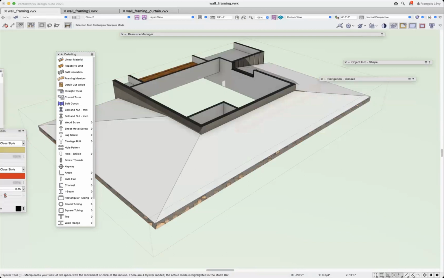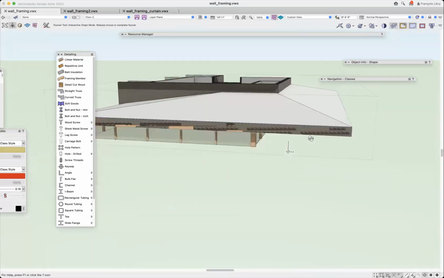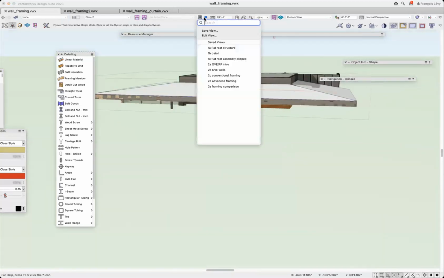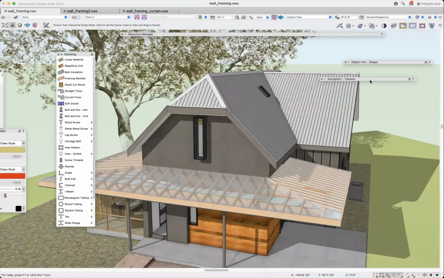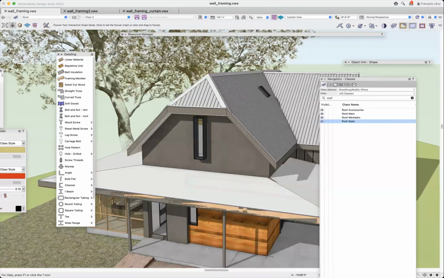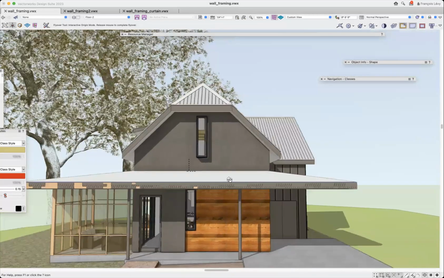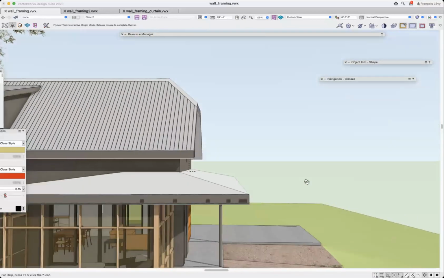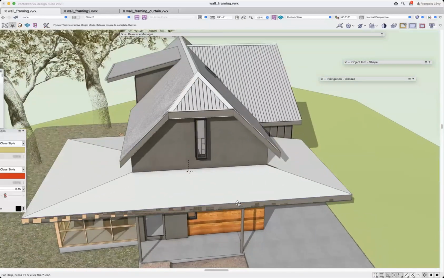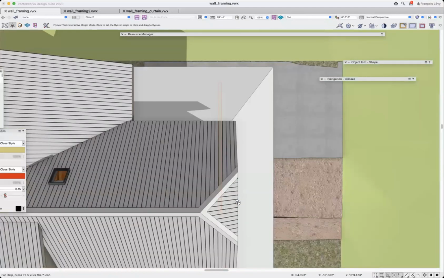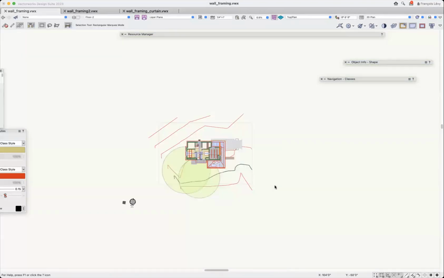So I could just model this roof structure, and because the overhang is different on different sides, right? It needs to be one overhang at the carport, and then a different overhang at the front porch, and then another overhang. So if we look at it in top view, there we go, or even in top plan view,